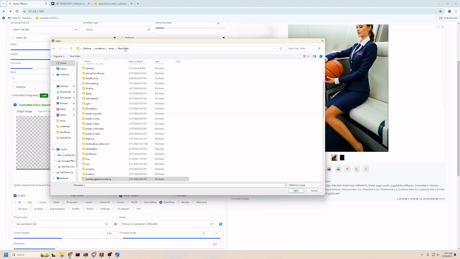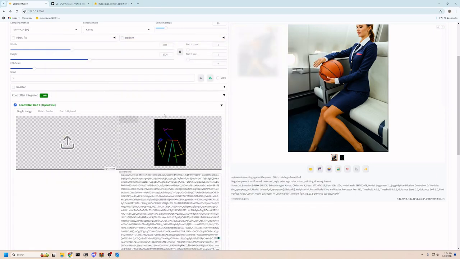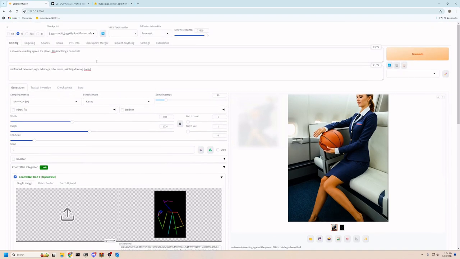So we're going to go, now look at here, leaning against the table. Okay, let's go find a new one over here, but let's say hands on waist. Okay, notice these are in JSON, so let's just pick one. Okay, look at that. That's perfect. So it actually loaded it up for us over here. We don't even have to worry about the image. Okay, so now we would go up here and we could say a